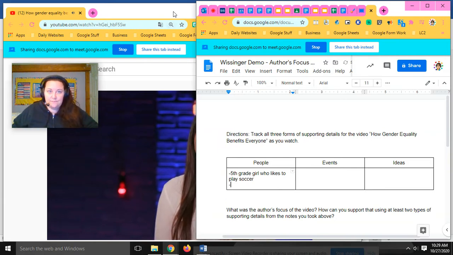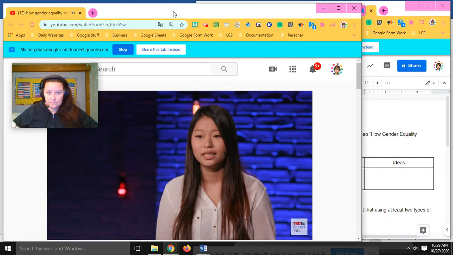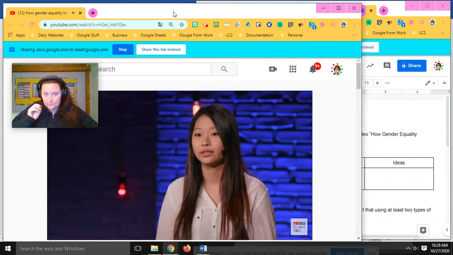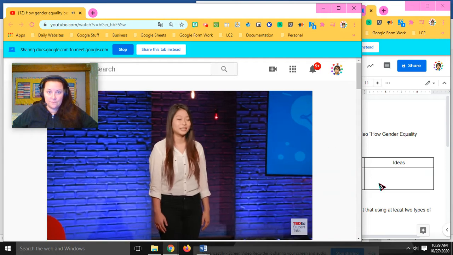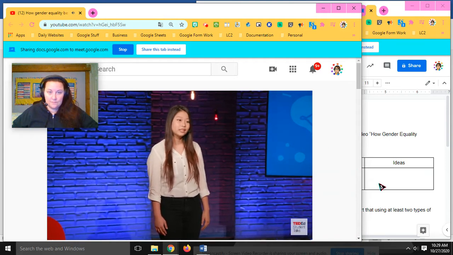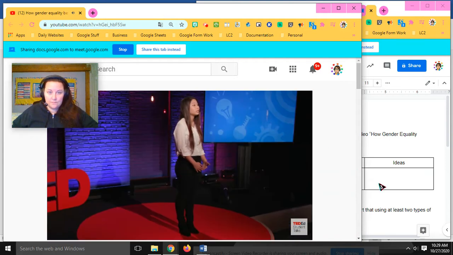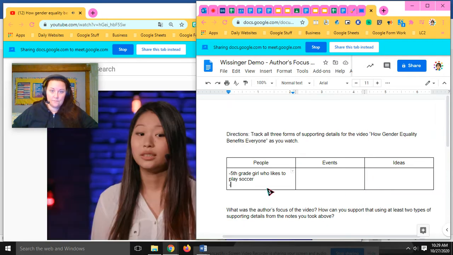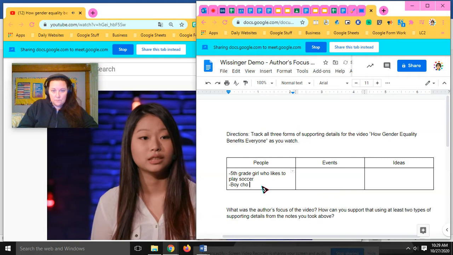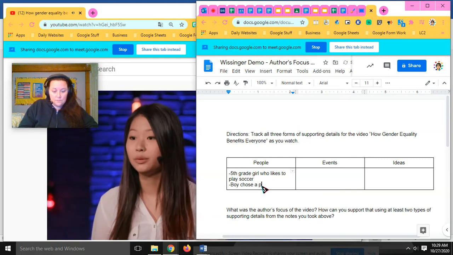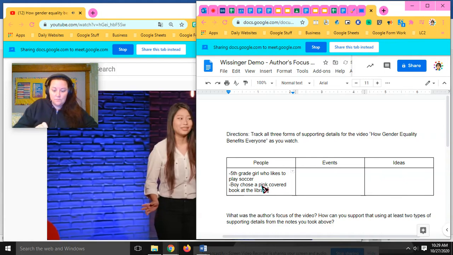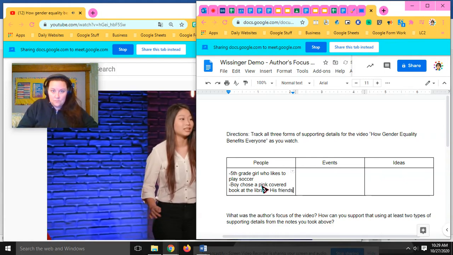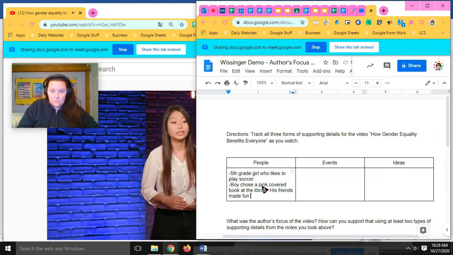However, even though she loves soccer, she doesn't play it at school because she's scared of losing all of her friends. After all, she's a girl. Soccer's for boys. Girls can't play soccer. I also heard about this little boy who was in the library of his school and chose a book with a pink cover about a princess. When he was observing which type of books his friends were getting, he rapidly put the book back on the shelf and got a book about a superhero. He thought that if his friends saw him getting the girly book, he would be bullied and teased in front